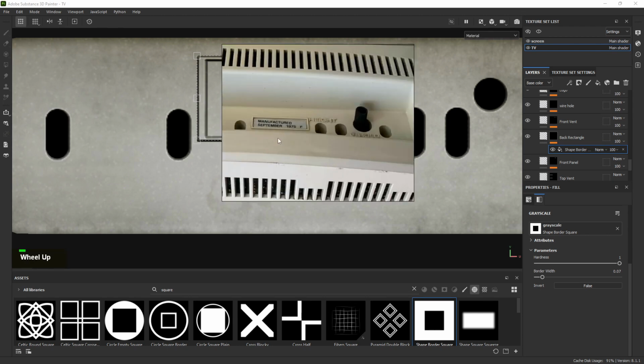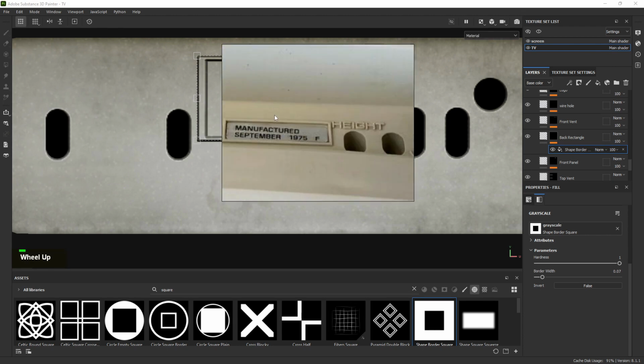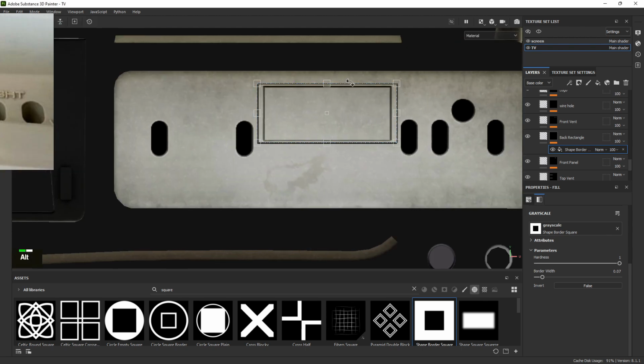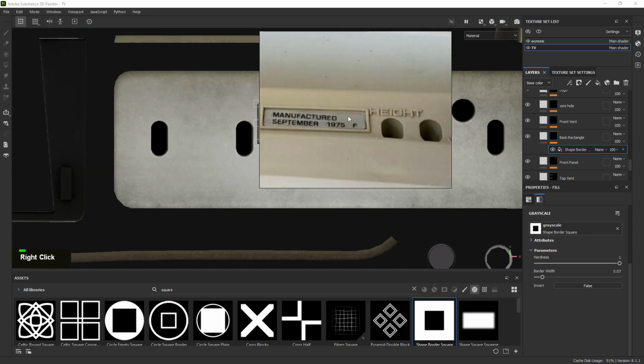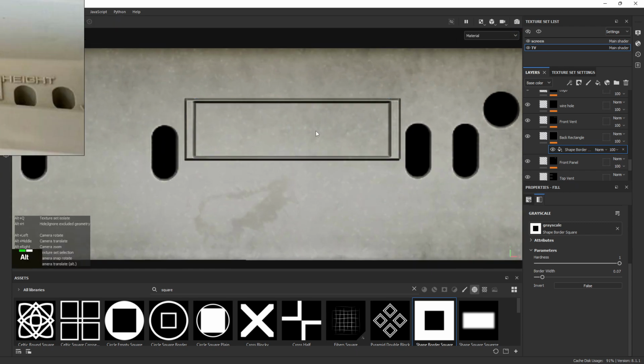Does this look good? You can see there is a pretty big gap between this, so we kind of have to do the same. Maybe something like this. I really wish